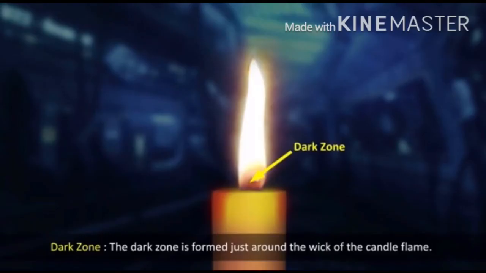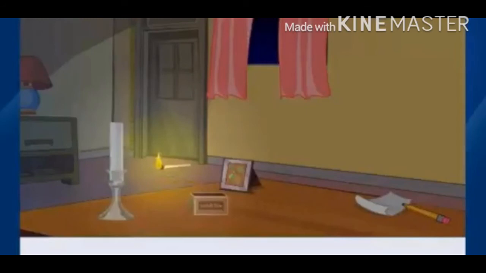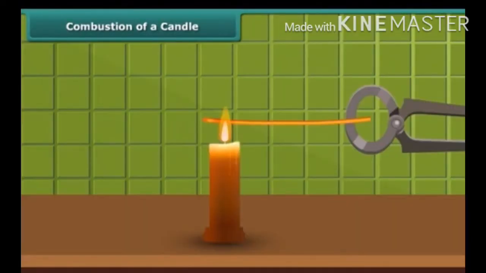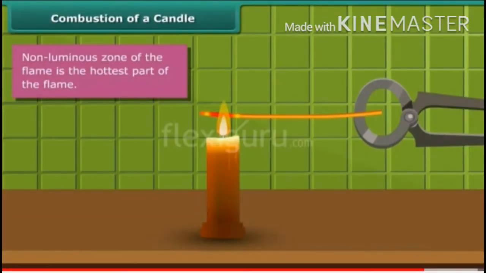Next, we are going to do some activities for finding the features of the different zones of a candle flame. Let us look at the first activity. Light a candle. Then take a thin long copper wire. Hold it with a pair of tongs and introduce its tip just inside the outermost region of the flame. Notice that the wire tip becomes red hot and glows,